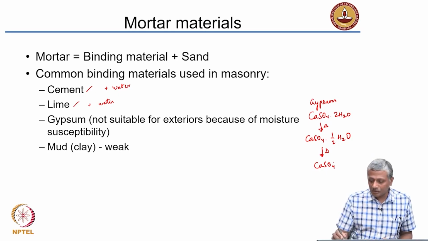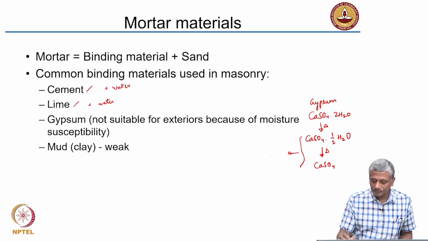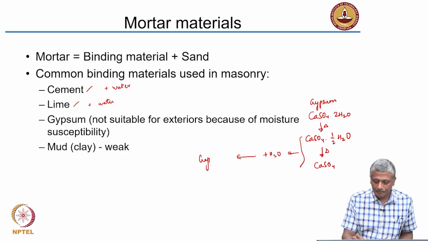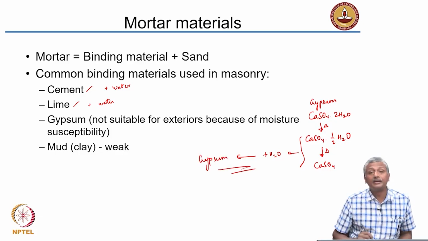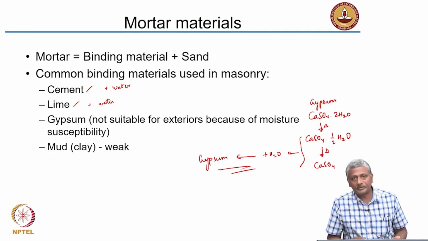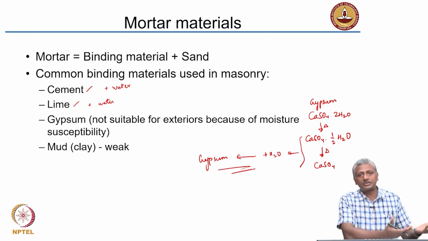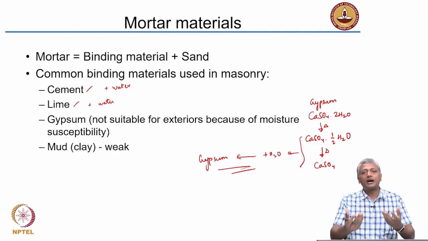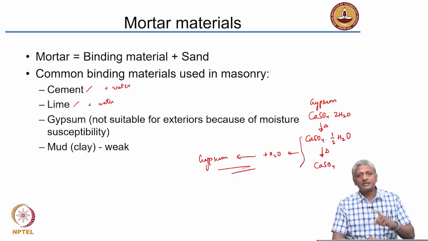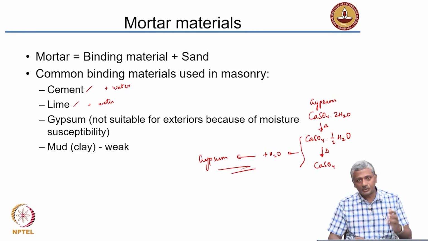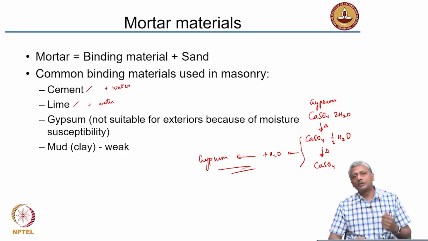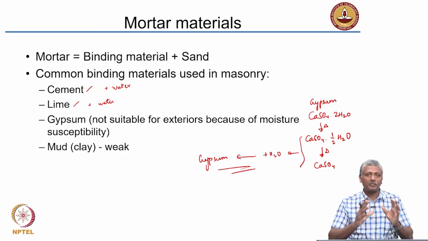When you mix this anhydrite with water, you get back your gypsum. And that's the process of actually using a gypsum based binding material. So you have a different form of gypsum which combines with water and hardens to form gypsum. But the problem here is this gypsum also is slowly water soluble. So if you use gypsum mortar for binding in an exterior environment, what will happen is because of the moisture, this gypsum will slowly get eroded. It will slowly dissolve away, and that will lead to a very low strength of your material. So you will not get proper setting and hardening